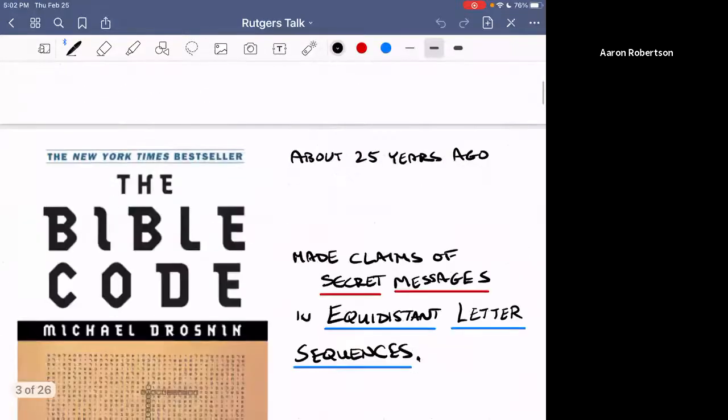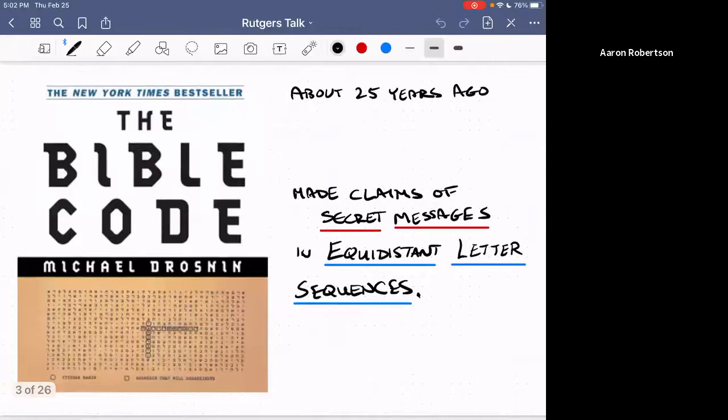So I want to start with the Bible Code. This was a bestseller about 25 years ago. There were two sequels to it, Bible Code 2 and Bible Code 3. This was by Michael Drosnin. If you can pick out the details of this picture,